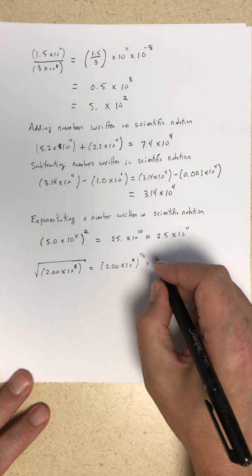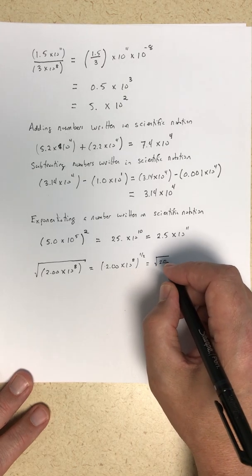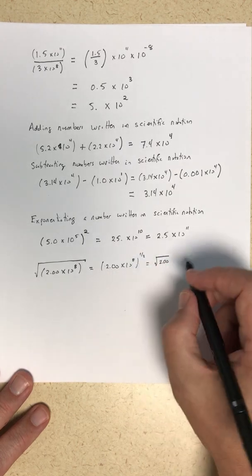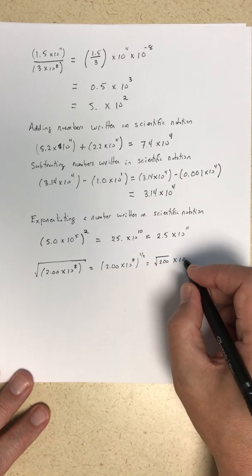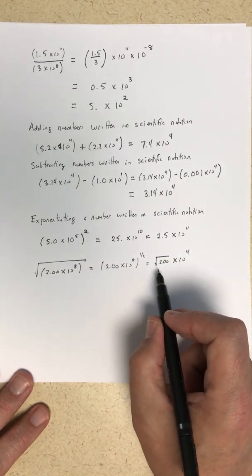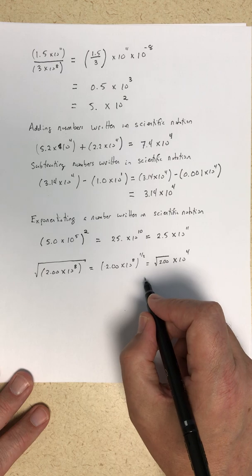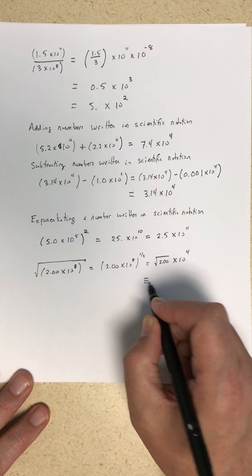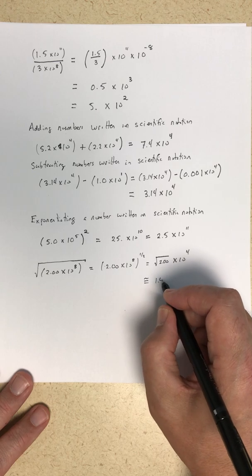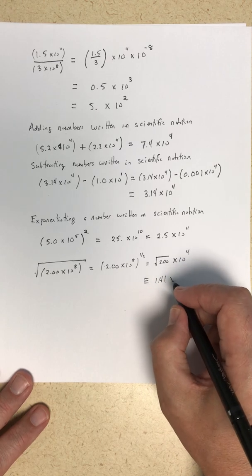So this would give us the square root of 2.00. So I've exponentiated the significand, and now I multiply exponents. That's going to give me a 10 to the 4th. And then the square root of 2 doesn't have an exact form, but it is approximately, with 3 digits, 1.41 times 10